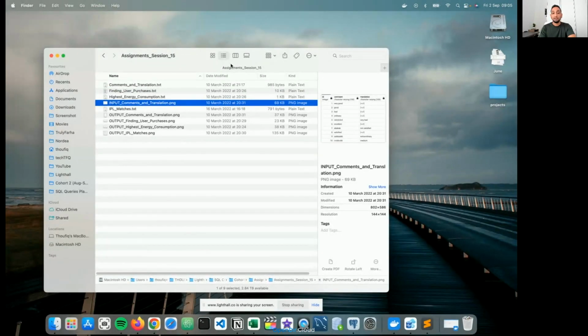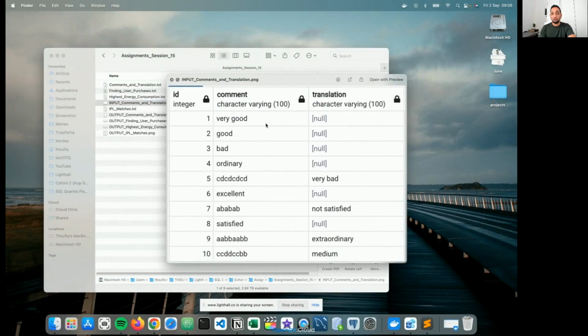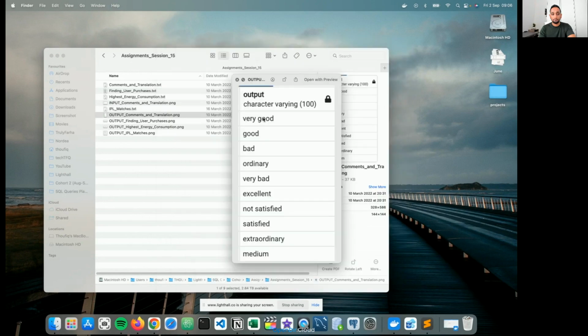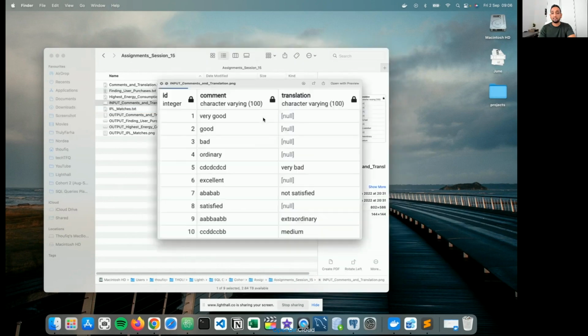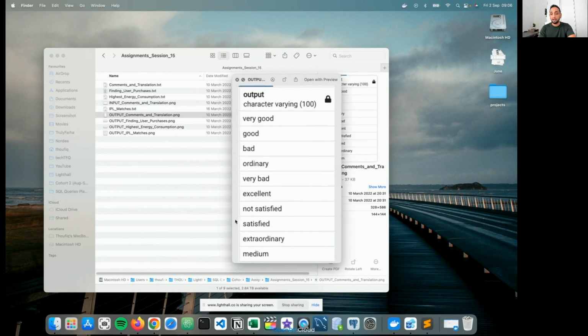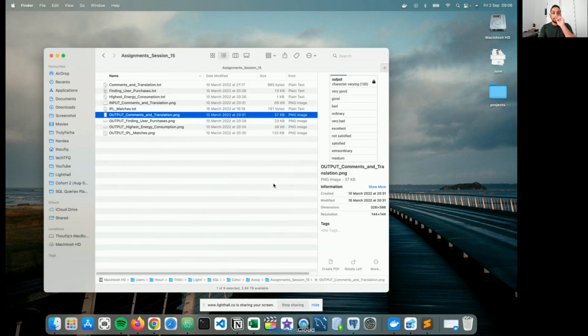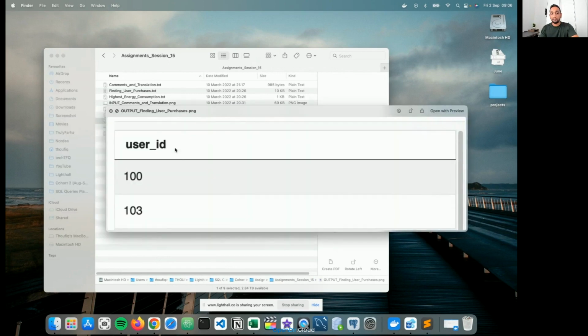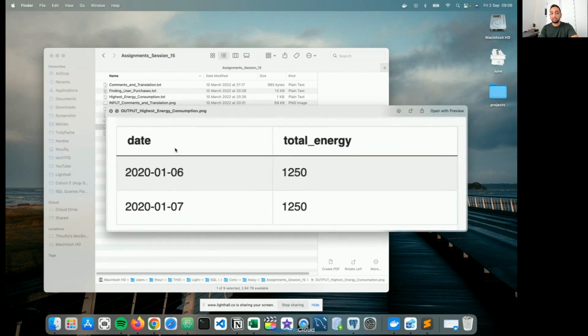For some of the questions, the input is given through a screenshot. For this particular question, comments and translation, you have an input table like this, and you need to write a query to come up with an output that looks something like this. For all the other questions, the expected output is shown as a screenshot.